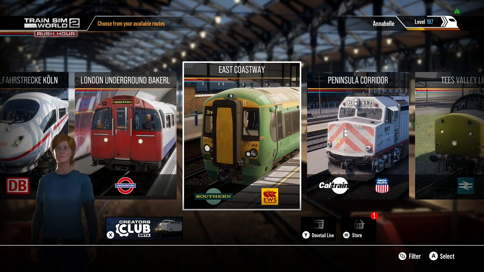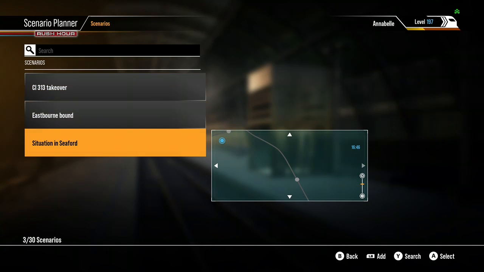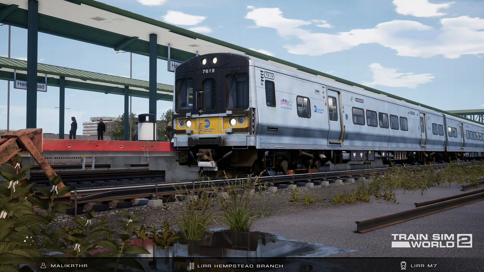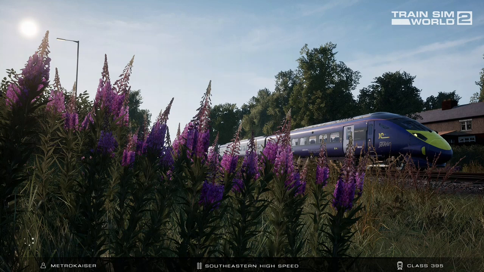There's East Coastway. Scenario planner again. There we go. Situation in Seaford. So you require the Class 313 DLC, guys. The 377 comes with East Coastway anyway. Drive a Southern 313/2 3-car loaded from Brighton platform 8 to Newhaven Harbour platform 1, making 5 passenger stops along the way. So yeah, the only DLC you really require, guys, is the 313 to do this scenario. Oh, and also East Coastway. So yeah, we'll do this scenario, and then I think I've witted on enough. But at least you get to see a scenario in action, so...